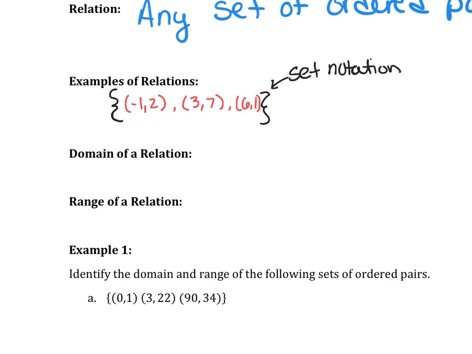When we are talking about the domain and range of a relation, so when we have just a list of points, we're going to learn two different ways to do domain and range. Today we're just doing one way, when you're just looking at a set of listed points that's given to you. And so to find the domain deals with x values. So it's just a list